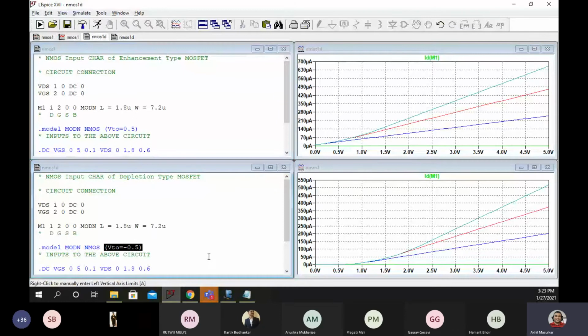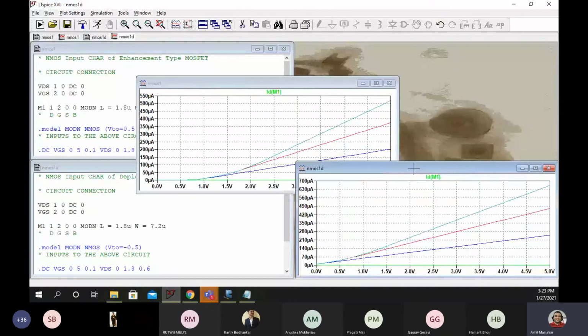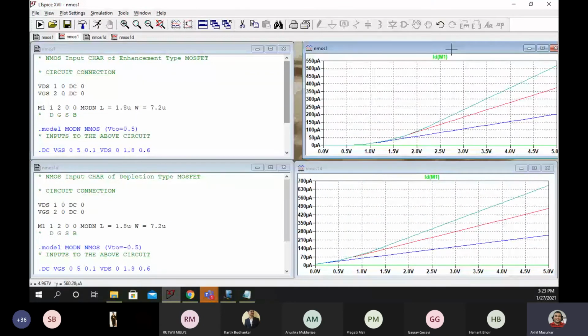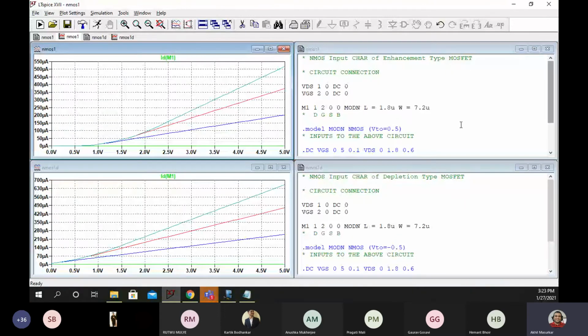Now this earlier one is already simulated, so I am just simulating that here. You can see here, and just change the outputs. Okay, so you can see here that this is the NMOS 1, this is NMOS 1D.